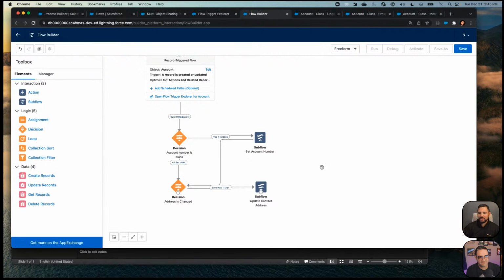We're just translating those into a new screen where we can draw the picture the way that we want in a simpler way. So that's why I've been calling this "You Can Process Build with Flow," because that's exactly what we're doing. We are building process automation. We're just doing it with Flow, but we're using all the same design standards, all the same design rules that we've always had.